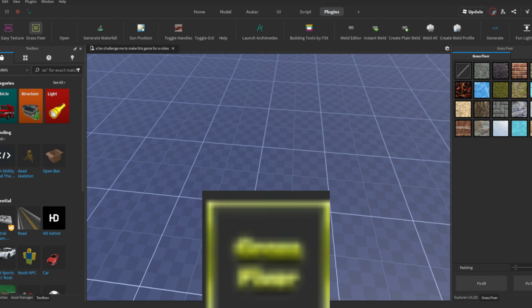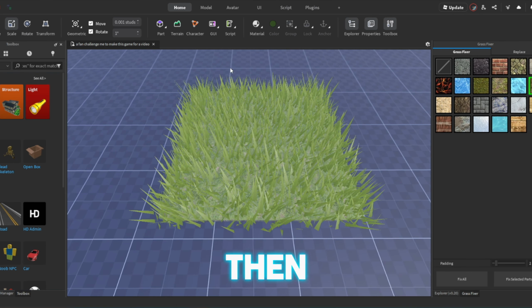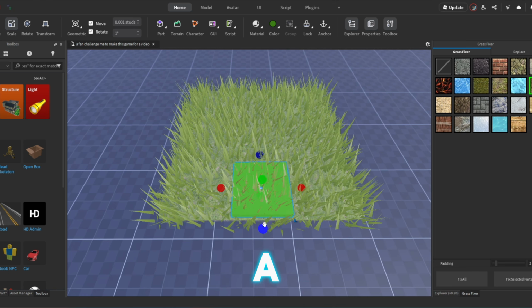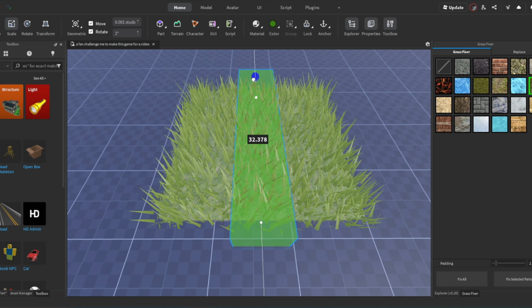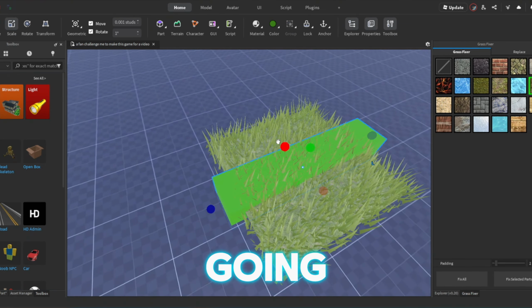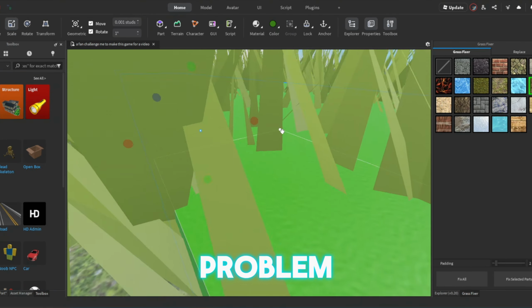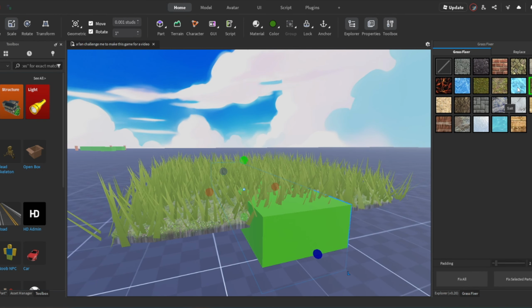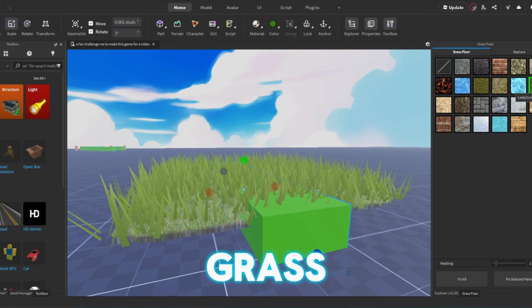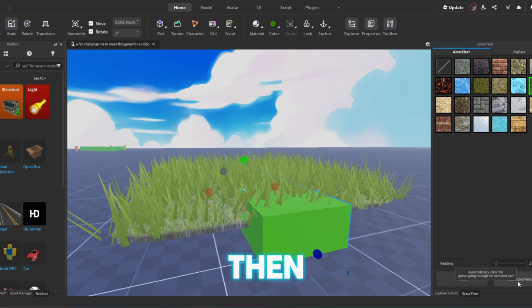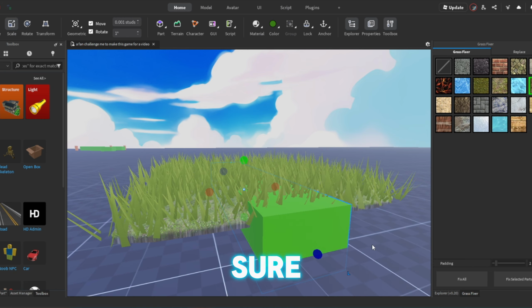So this one's similar to part to terrain. What we're gonna want to do is spawn in a part, and let's just say you're trying to make a little pathway. You made a little Archimedes pathway, and now it's going through the grass. Now you have this problem where it's sticking up through the part. So what you can do is make sure that you turn this to leafy grass if it's grass, and then whatever for anything else, and then you hit fix selected parts and make sure you have the part